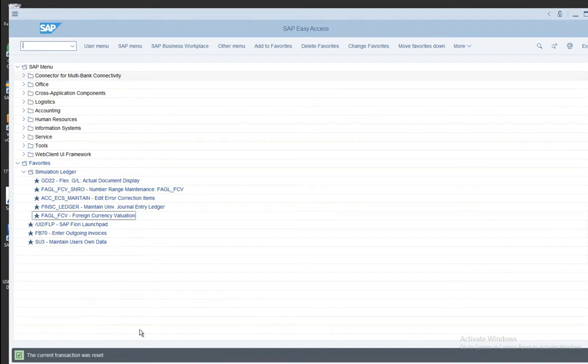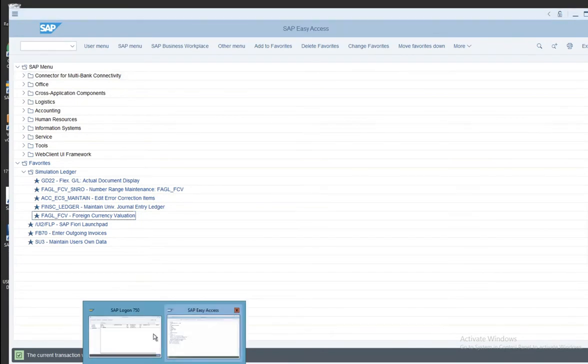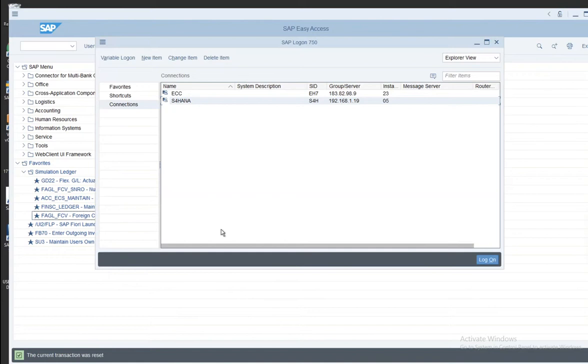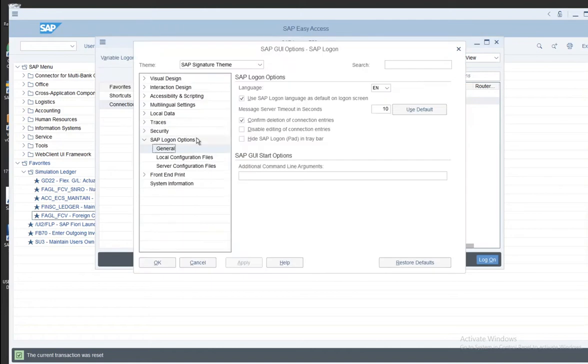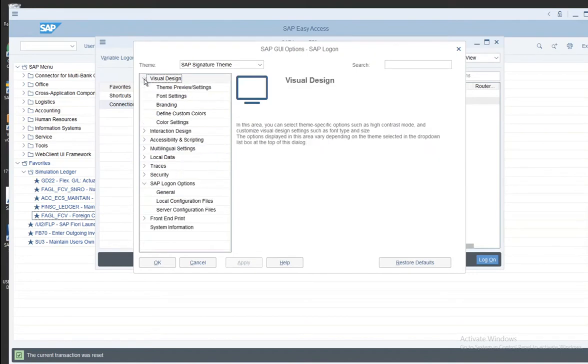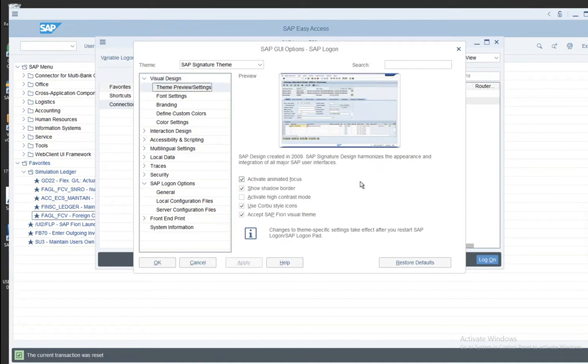No, the other screen, the launch pad, GUI logon pad. And then on the left side, on the top, click. You should see options, and in the options it should be Visual design. It says standard GUI screen. Theme preview setting under visual design.